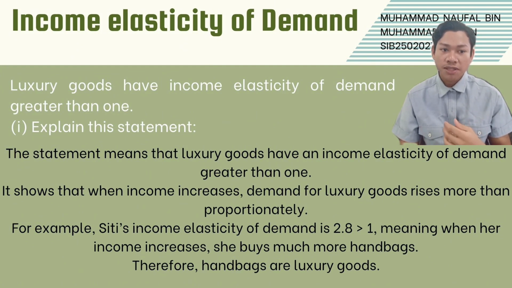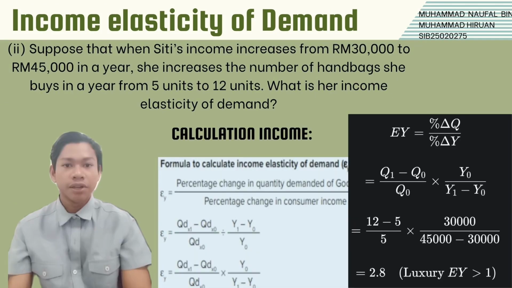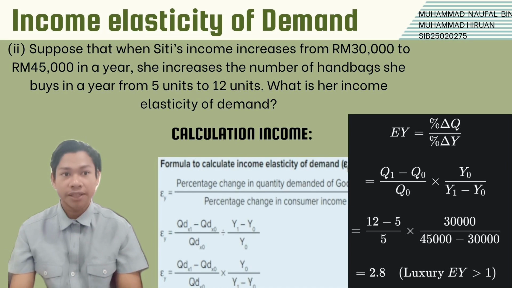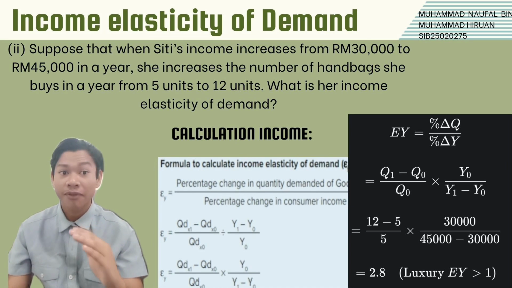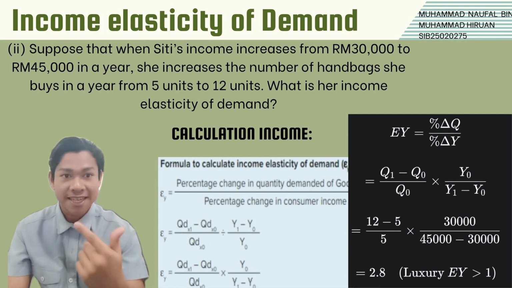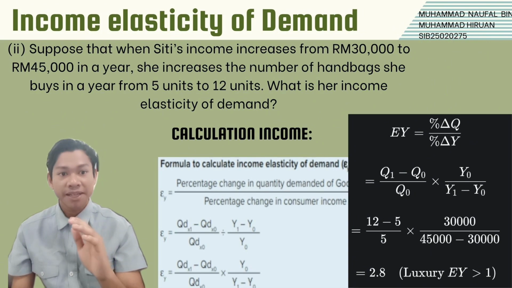Therefore, handbags are considered luxury goods because their demand rises faster than income. Okay. Question number 2. Let's take the example of Siti. When her income increased from 30,000 to 45,000 a year, the number of handbags she buys also increased from 5 units to 20 units. To calculate the income elasticity, we use the formula: percentage change in quantity demanded divided by